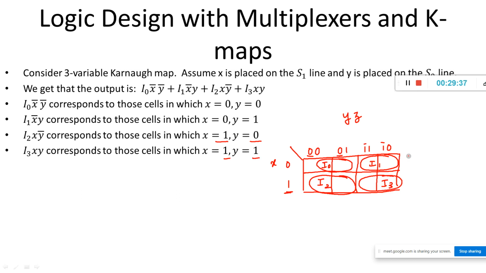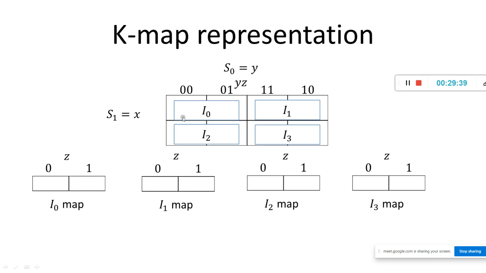Fine, okay. So this is about whatever I told. See here, these two correspond to I0, these two cells correspond to I1, these two cells correspond to I2, these two cells correspond to I3. Next, coming to this, Z is 0 or 1. Whatever may be their data, this is known as the I0 map. Next, this is I2, and these are two cells, the same thing written here as I2. Z may be 0 or 1, whatever.